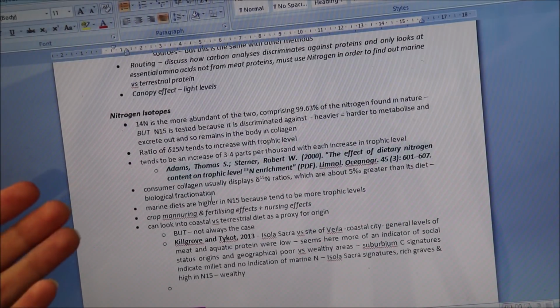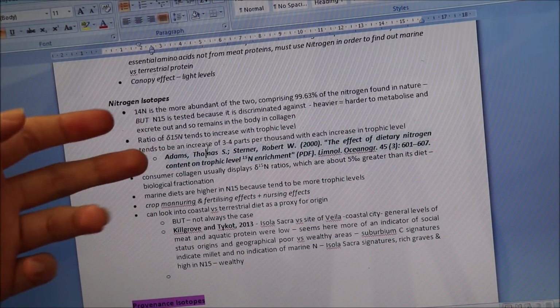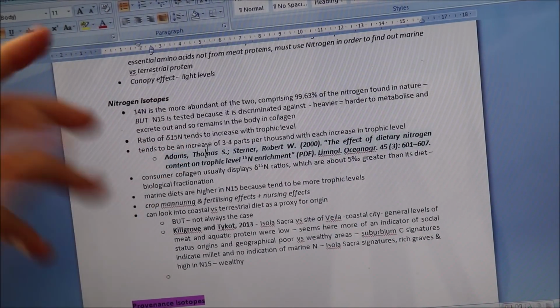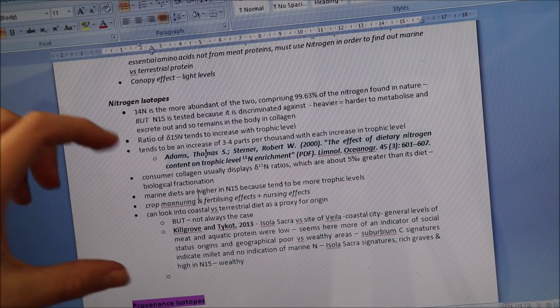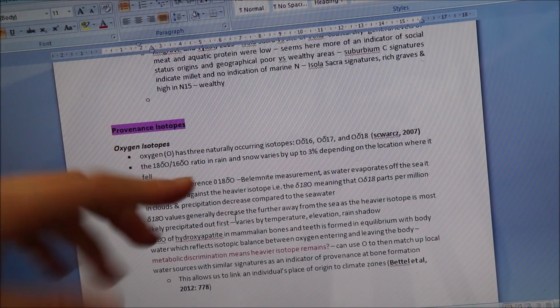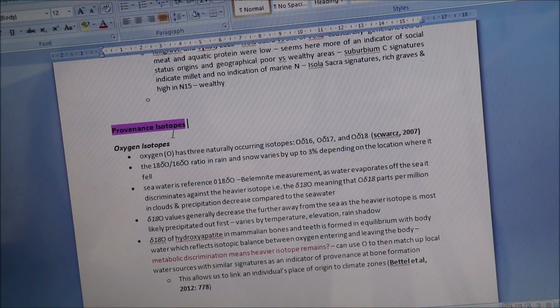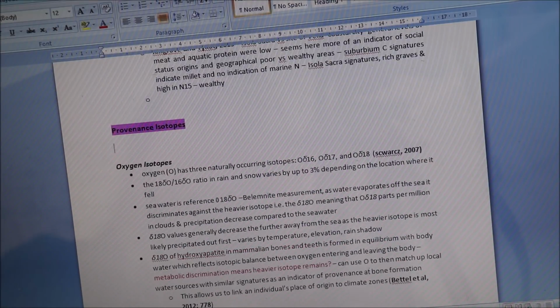I've done essentially the same thing for nitrogen isotopes, a little bit of an introduction, bring in a citation, and then go into a case study. My next section is provenance isotopes. I haven't written a little introduction here, but I will. So before I talk about oxygen isotopes,